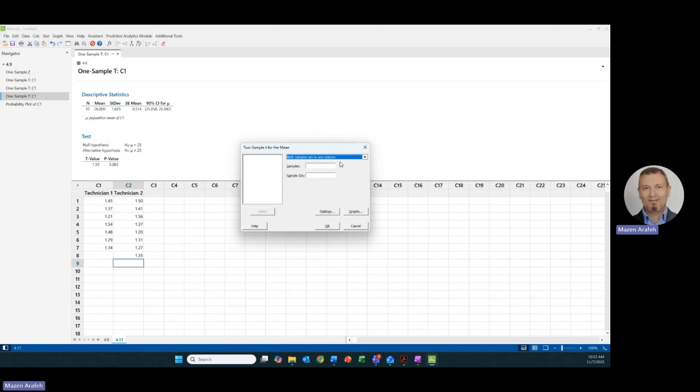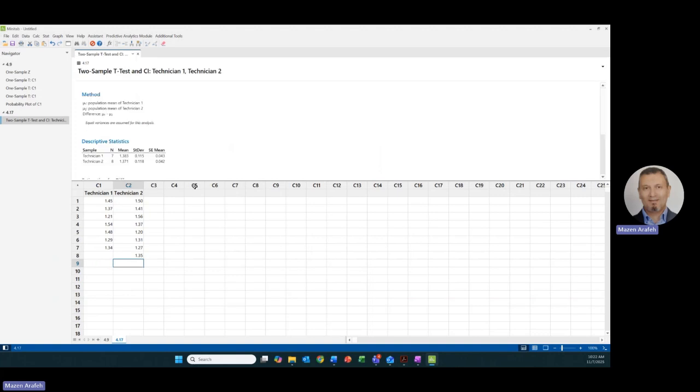The first option here is both samples are in one column. No, I pull the button down. Each sample in its own column. Yes, this is what I want. Now sample 1 is in C1, technician 1, and sample 2 is technician 2. Since we want a two-sided confidence interval for the options at 95%, I'm not going to change anything here. And I'm going to click assume equal variances because that's what's given to me in the question. So I'm going to click OK